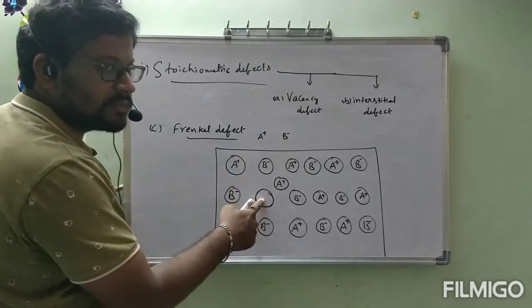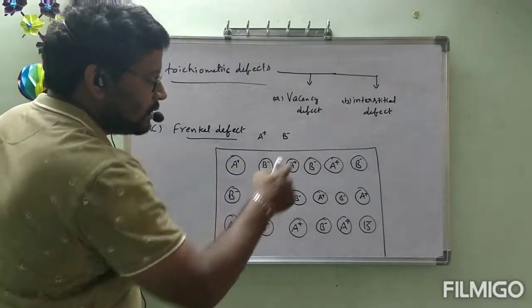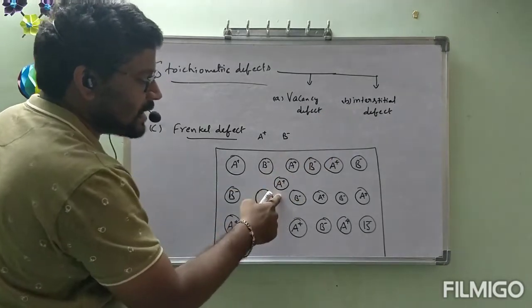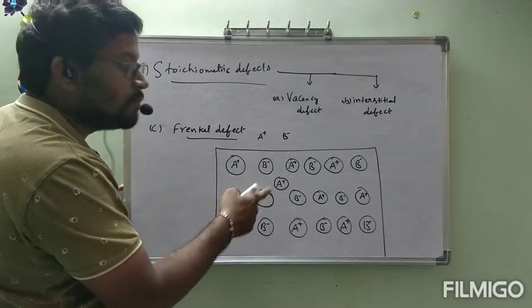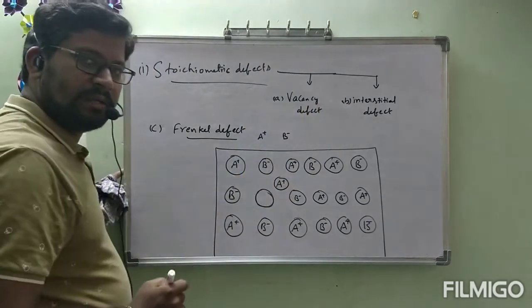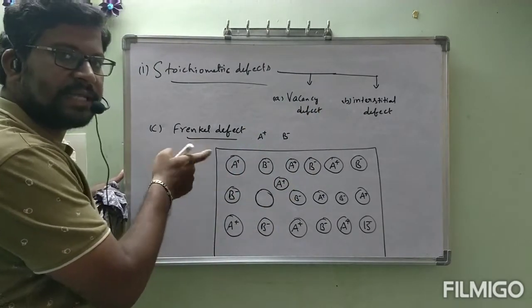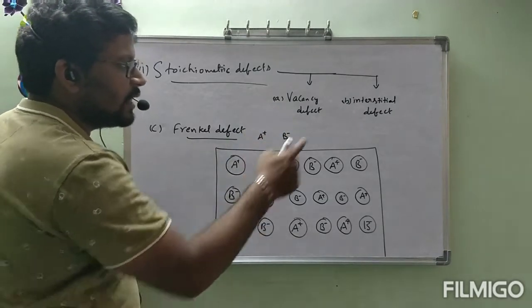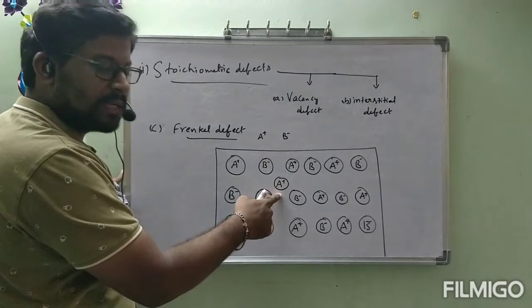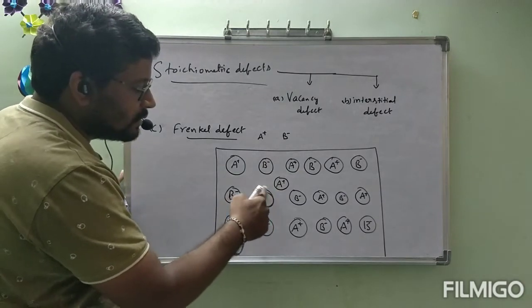In one of the positions a vacancy happened. In another position an interstitial happened. So this is a kind of both vacancy and interstitial defect. Frenkel defect is a kind of both vacancy defect and interstitial defect, because A plus in its